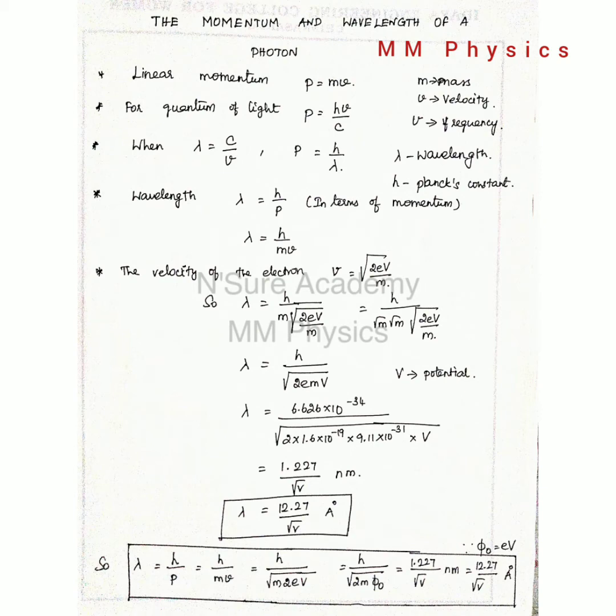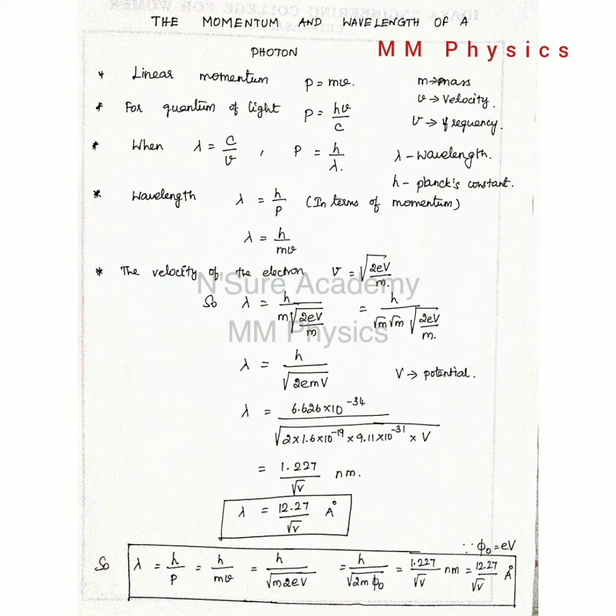First, the momentum values. Next, let's go for the wavelength, lambda. Lambda can be expressed as h divided by p in terms of the momentum. So substituting the momentum value, lambda equals h divided by m into v. But we know the velocity of the electron with respect to the potential can be expressed as v equals root of